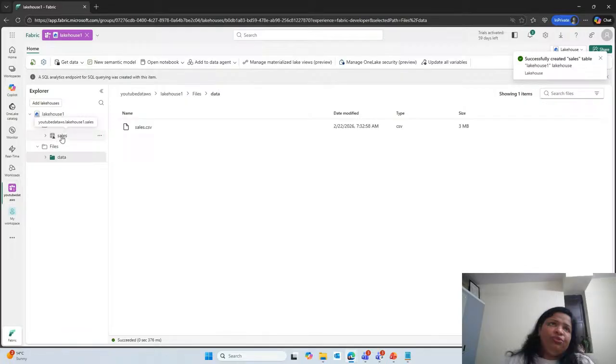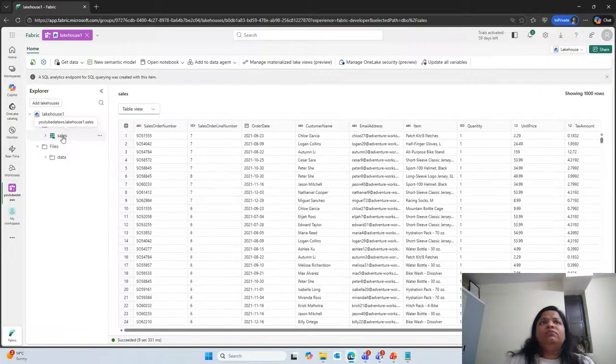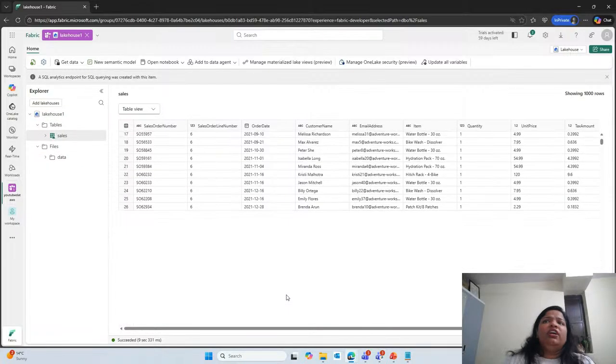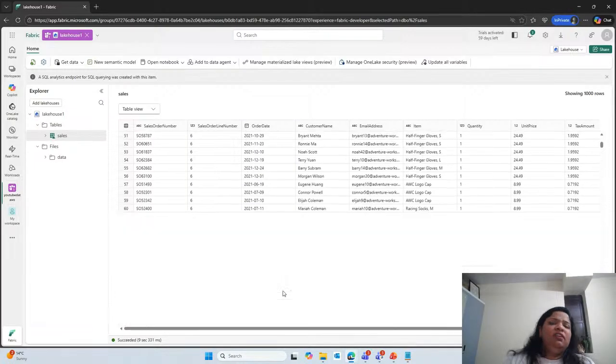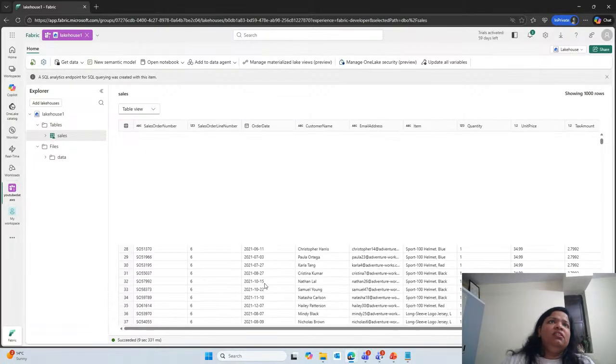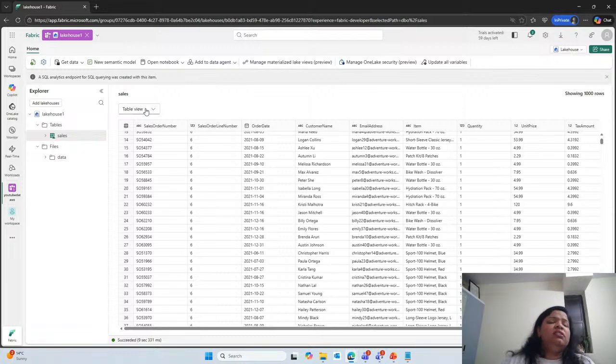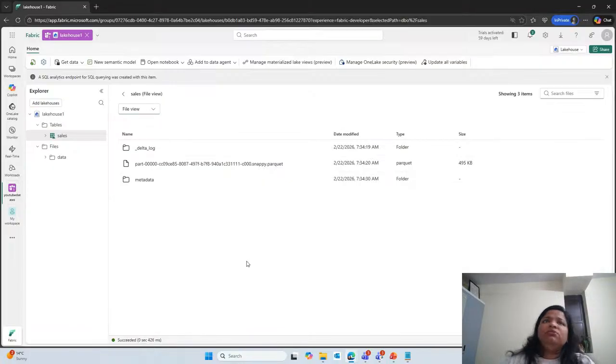And if I wanted to view this data in this format, right here I can preview my data. That is the table view I have got. So the entire data is visible on my screen. Now, if I wanted to see the delta structure, because I have mentioned that the tabular data gets stored in a delta format, if I switch to file view, I will be able to see that yes, a Parquet file has been generated. Also, a delta log has been generated, which will track the modifications happening in this data file.